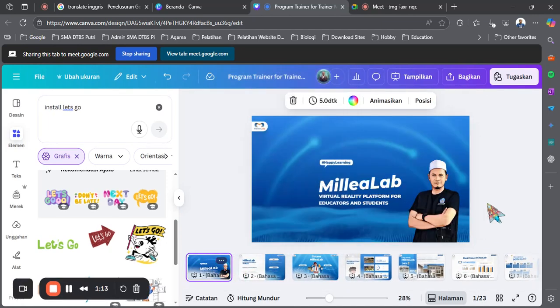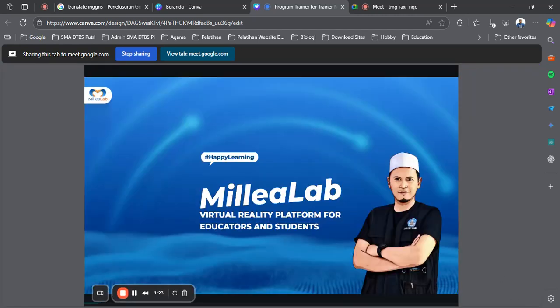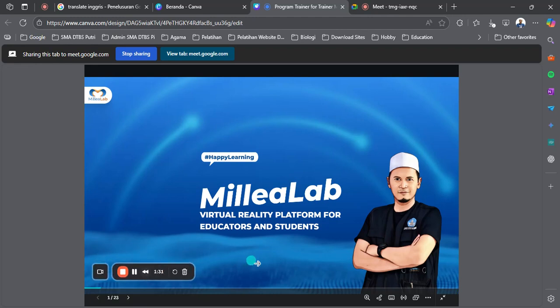This is Melia Lab. Melia Lab is a platform for educators and students. It's free for us to use the app, but we still support the company by purchasing some of their assets, like Assembler Edu that we have shared before, it's just a small thing, based on the technology they have shared with us.